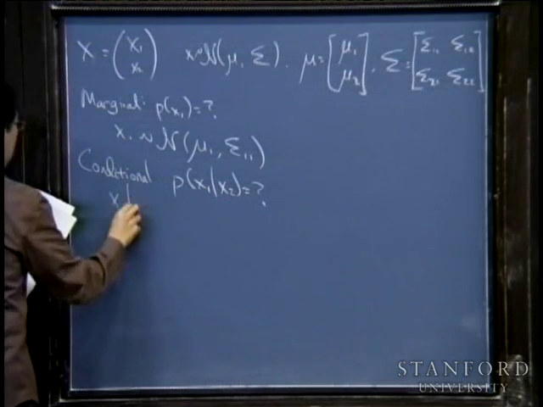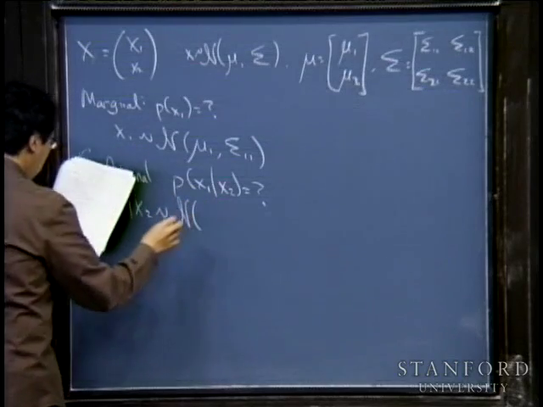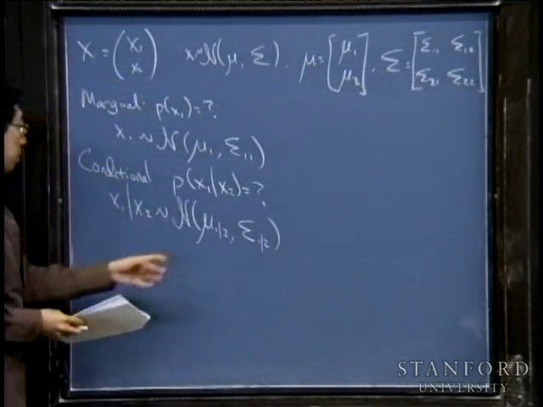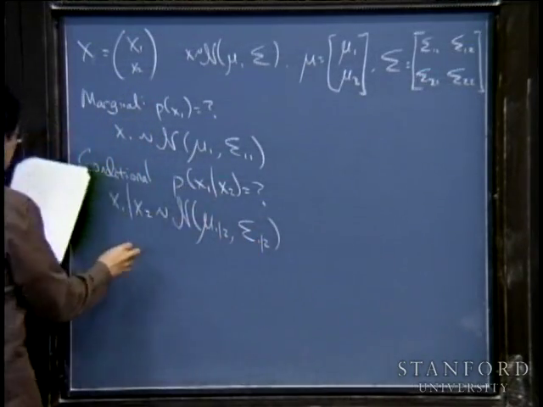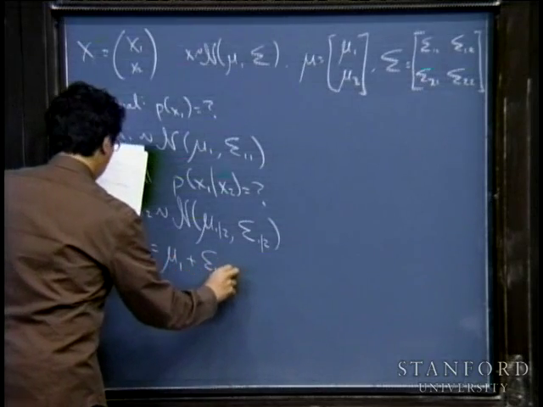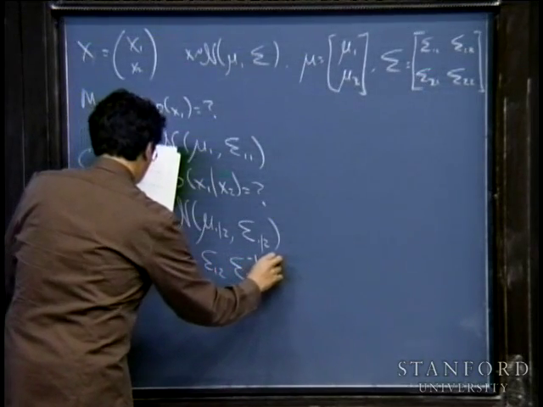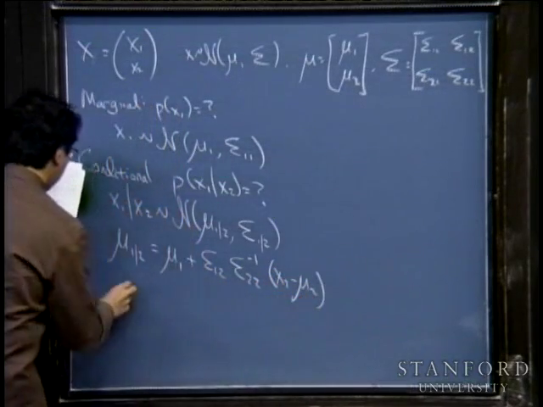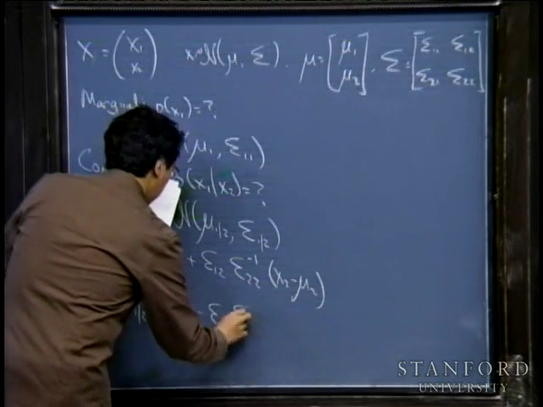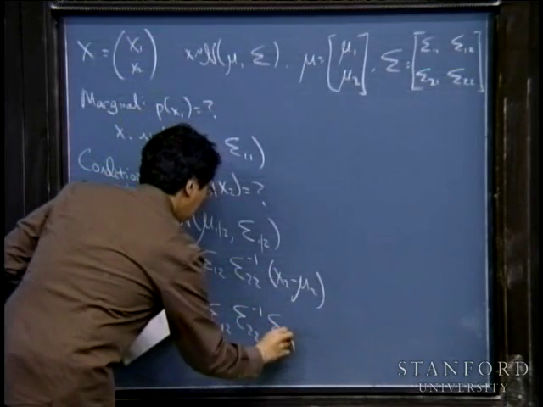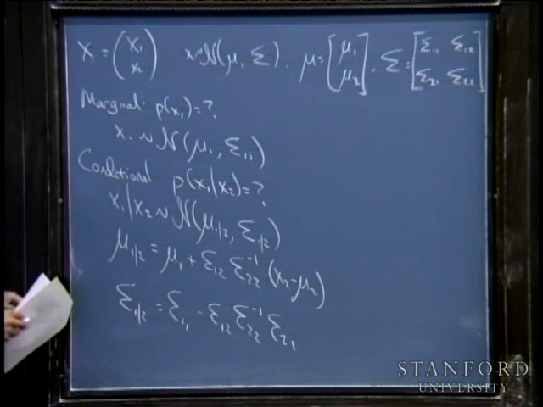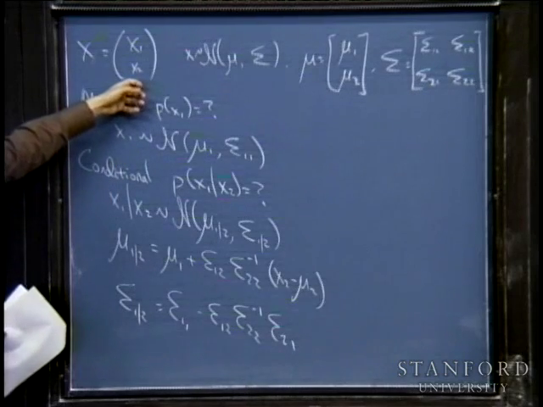Last time I wrote down that the distribution of x1 given x2 would also be Gaussian with parameters that I wrote as mu of 1 given 2 and sigma of 1 given 2, where mu of 1 given 2 is just this formula. Okay, so with these formulas,